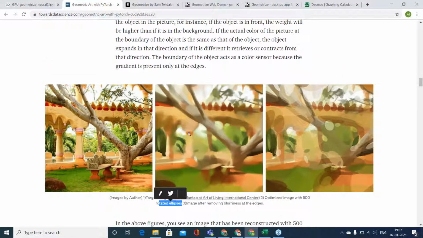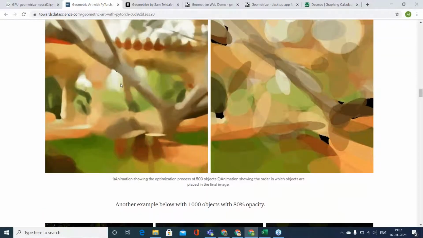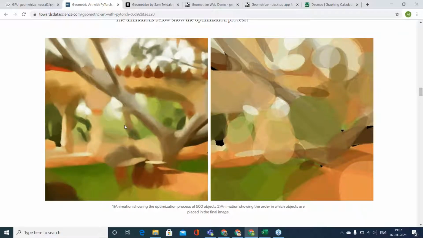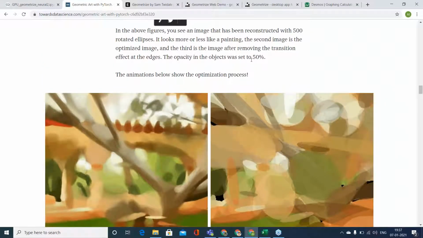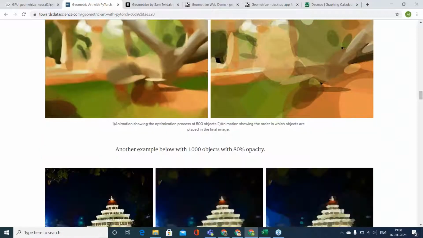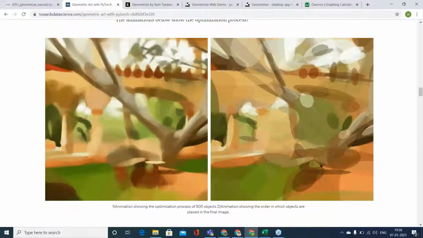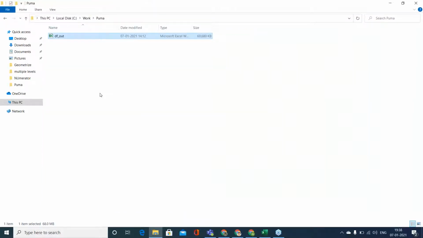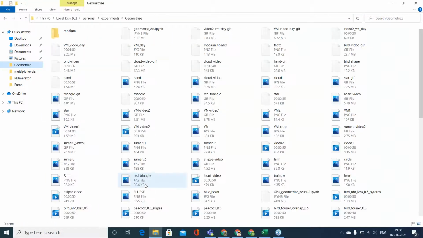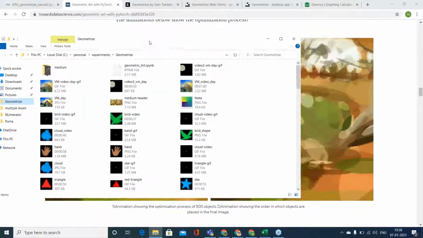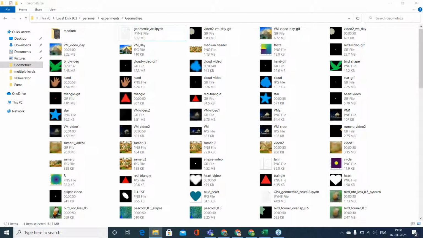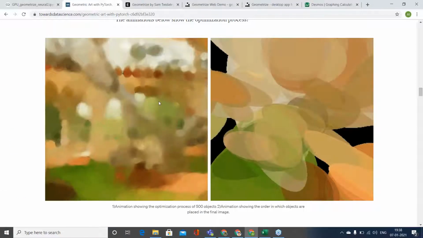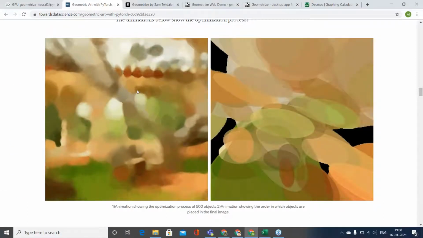If you look at this animation on the left side, initially it is just randomly throwing all these circles here.